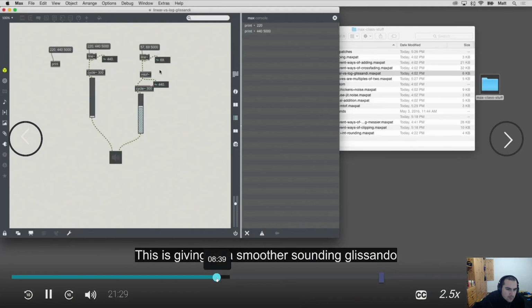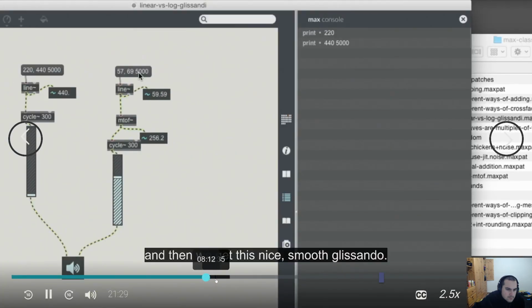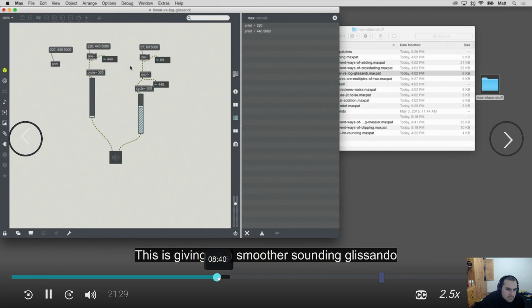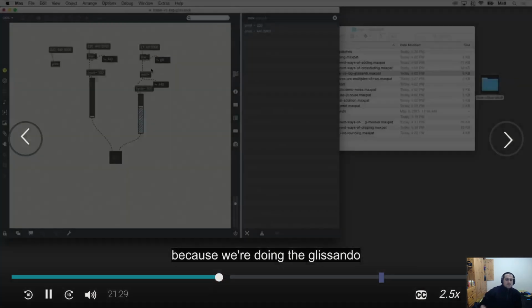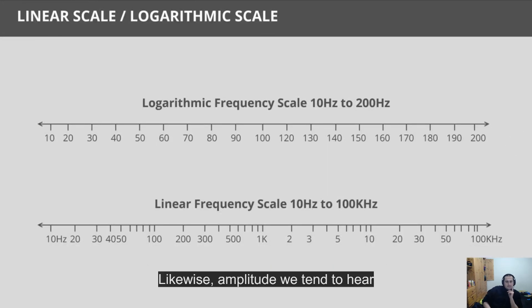So because we hear on this, it's giving us a smooth frequency, and then we get this nice smooth glissando. Match to human perception. This is giving us a smoother sounding glissando, because we're doing the glissando on a log scale rather than on a linear scale. Likewise, amplitude we tend to hear on a logarithmic scale,